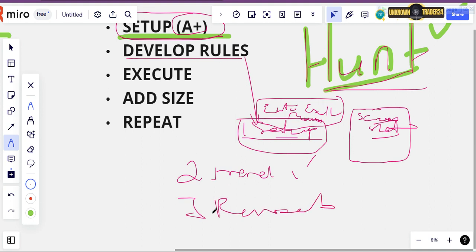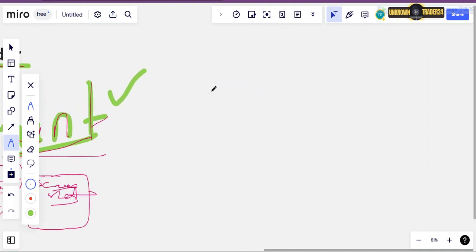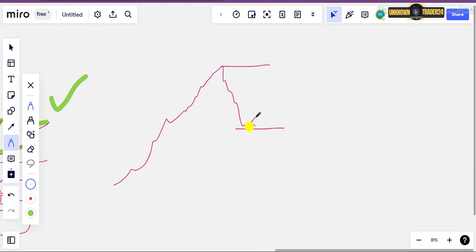Okay, say maybe you prefer day 2, maybe this is your most preferred setup. So what I want you to do is, every day when you go to your charts, find a currency that has been going up and up and up, and then it gave a first red day. That means this will be the low and this will be the high. And then maybe the following day they pump up during the Asian session,